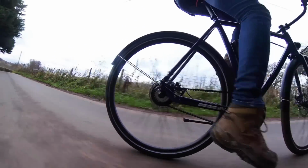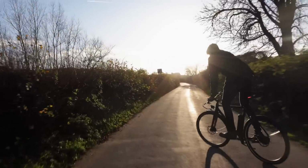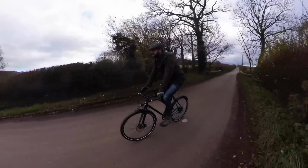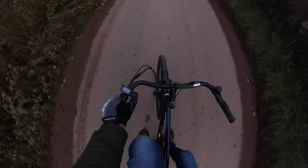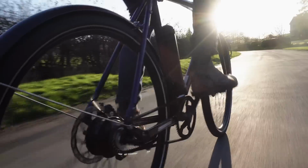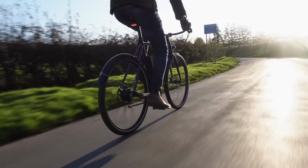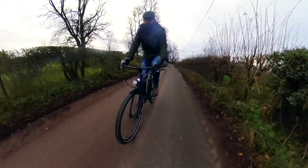Now with the trimmings and me riding this at 16 stone, I found the battery life comes just shy of what Analog Motion quote. Bear in mind that there's so many factors to how well your battery will perform, such as wind resistance, gradient of terrain, ambient temperature, rider size and rider's weight. In optimum conditions, it's supposed to be able to achieve a 27-mile assisted pedal range on one charge, but I found that with my size and weight, alongside the fact that I live in an area with more hills than people, I can squeeze about 20 miles from the battery, which is still ample for most journeys,